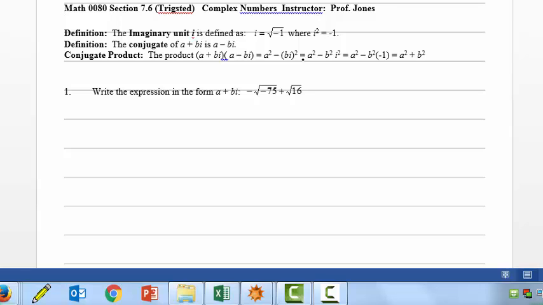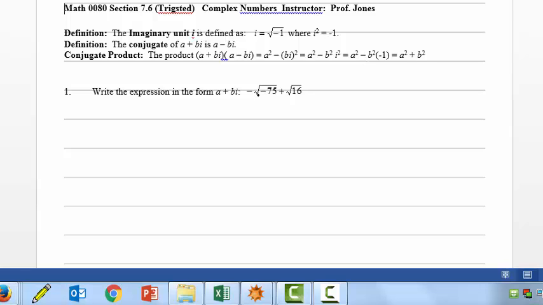Every complex number can be written in the form a plus bi, where the conjugate of a plus bi is a minus bi. And the product of a complex number with its conjugate is, and you can see why this is true by looking at these three steps here,